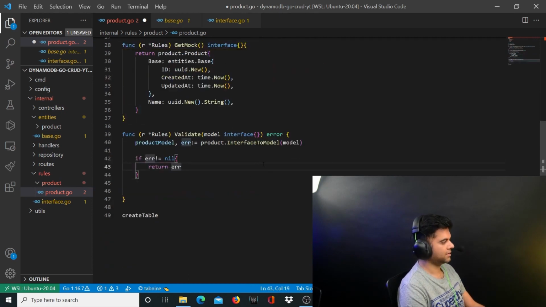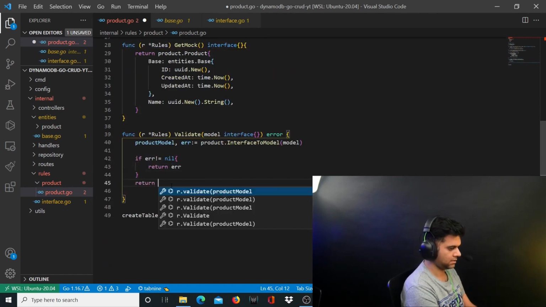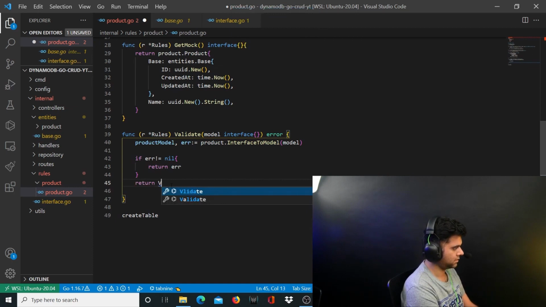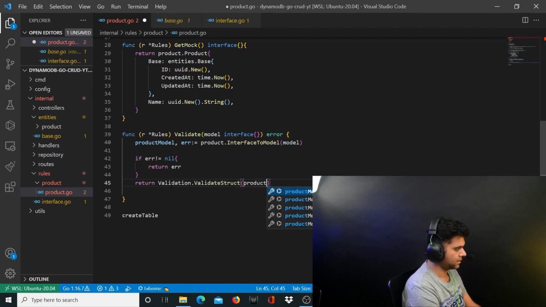Then you have a validate function, and the thing that this returns is validation dot validate struct. We'll create these functions. Validate struct, and here we'll pass product model,